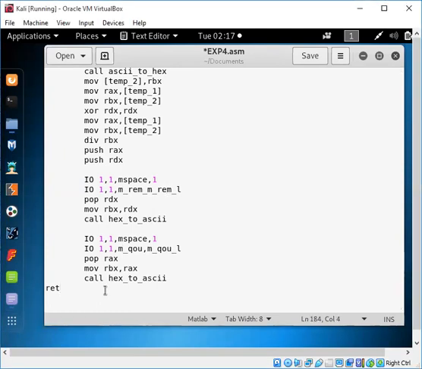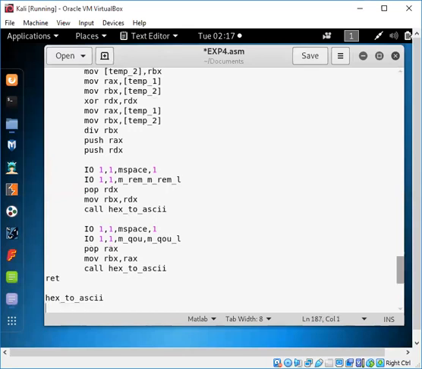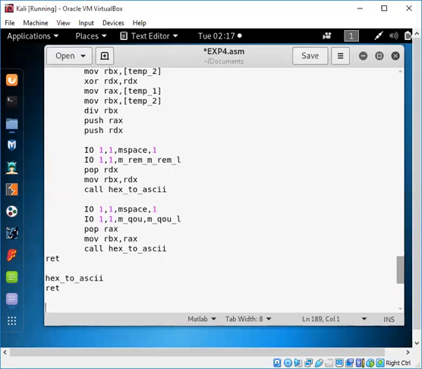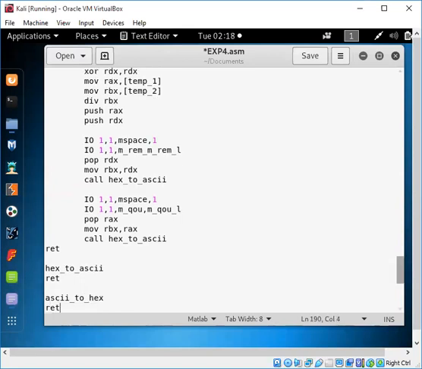If it is disconnecting, we can rejoin with the same link. So the part which is for X to ASCII and ASCII to X, right, and return.